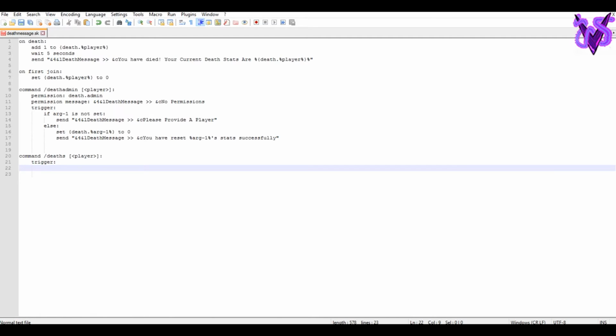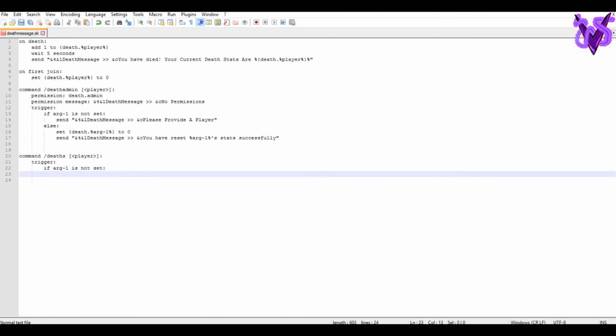So, to do this, we're going to do if arg1 is not set, creating another variable just the same as normal, but this time we're not going to have it provide a player. We're actually going to make it send them a message. As you saw there, I didn't enter the full message, the thing came up below and I just pressed enter and it automatically went in straight away. What I'm going to do now is type in a certain amount of lines of words. So I'm actually going to put in, you have died,